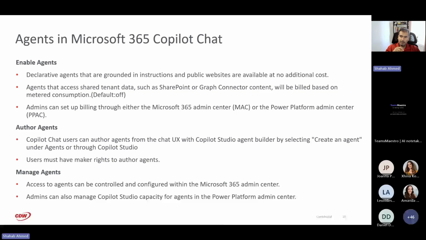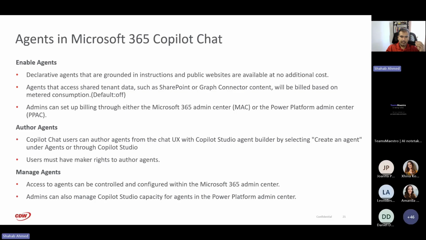You can enable them in your Copilot chat piece, right? So you'll see on the slide that I have there how you enable those agents, the default settings on those, and where you need to change them. The control piece is fairly complicated, and I would not take it lightly, both from a security perspective and from a billing and governance perspective. But for the purpose of this webinar, you need to understand that you enable it through your admin center and the Power Platform admin center as well.